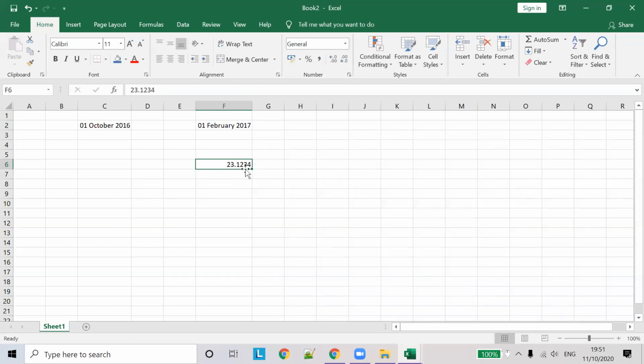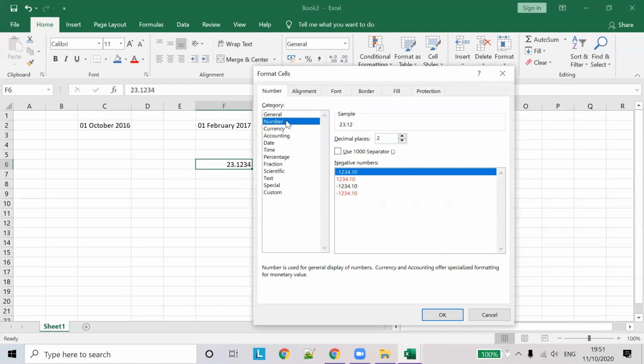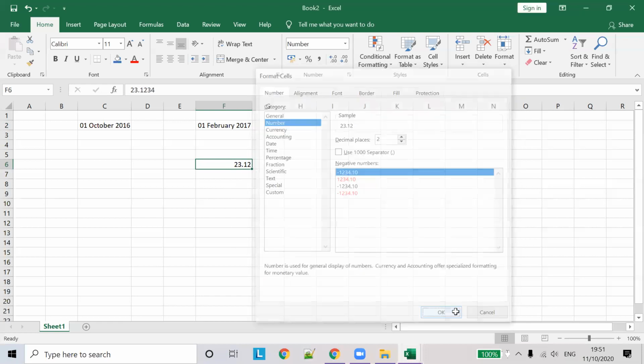If you want to display only 2 decimals, go to Control 1 and click Number, and you can choose 2 decimal places. You can also choose 3 decimal places or even 5, which will append zeros to the existing data. We'll choose 2 and click OK.